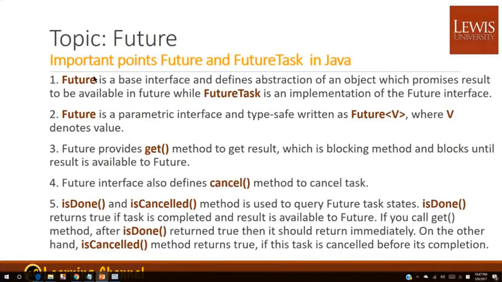So, important point: Future and FutureTask in Java. Future is a base interface, an abstraction of an object which promises a result to be available in the future, while FutureTask is an implementation of the Future interface. A Future is a parametric interface, and the type-safe form is written as Future<V>,